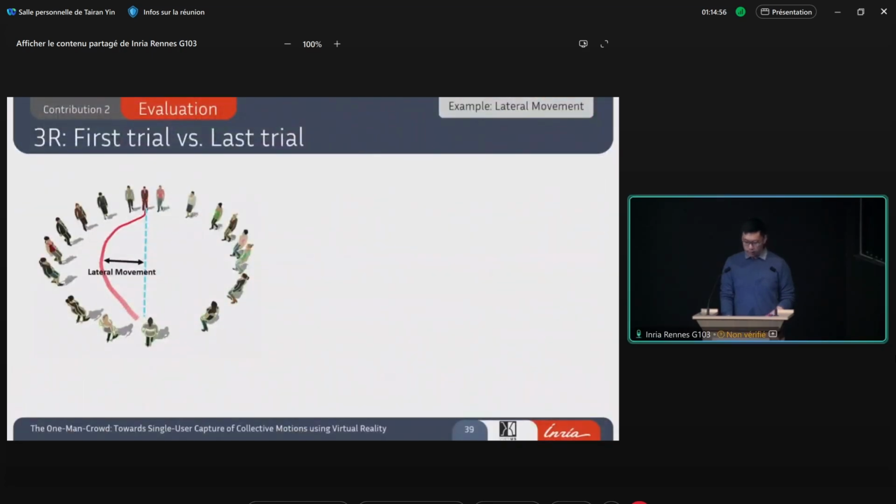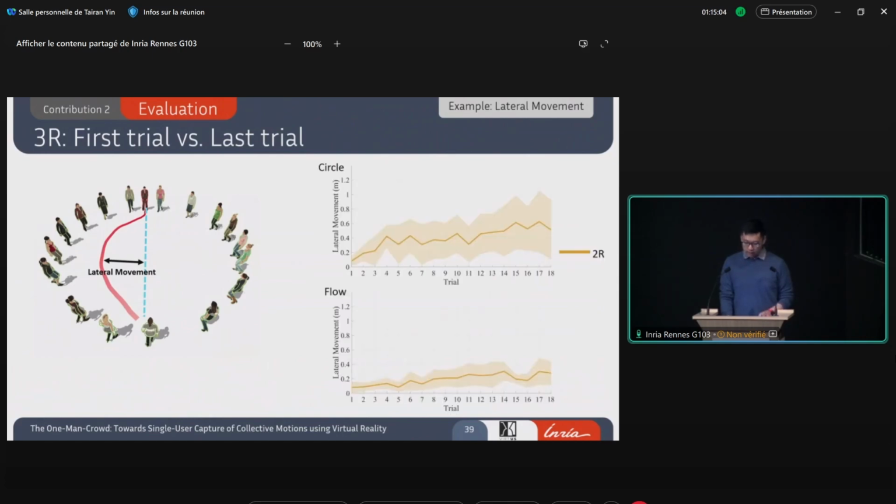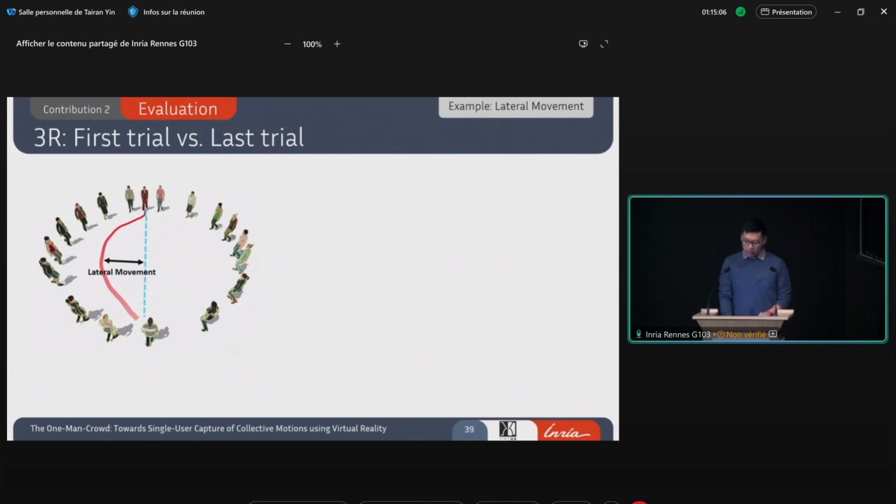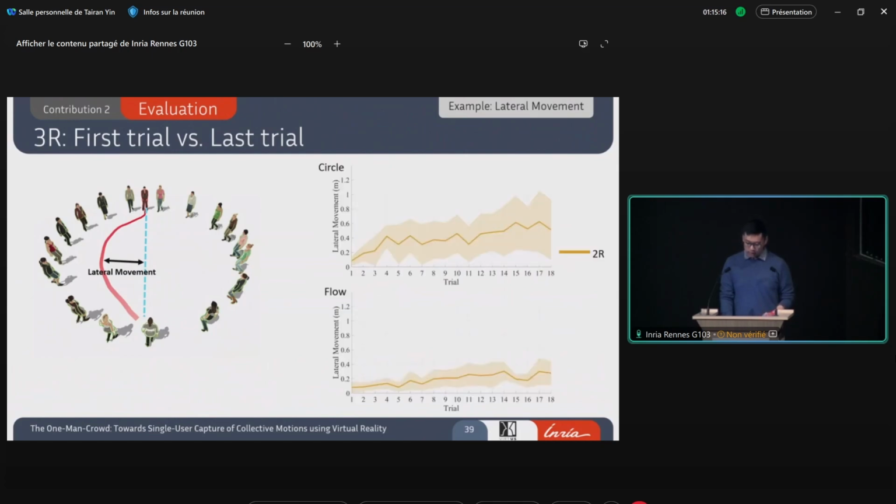And then we further investigate the participant behavior during each trial, and that's where we find the reason why the 3R shows better results. Here I used another metric, the lateral movement, as an example. The lateral movement indicates how much effort the user put into the collision avoidance. And you can see that in the 2R conditions, the participants only show tiny lateral movement in the first trials.